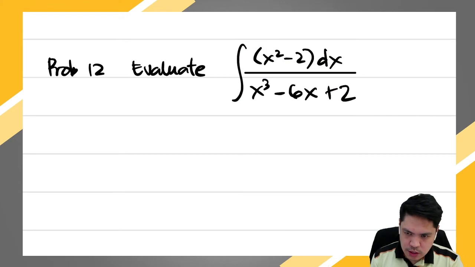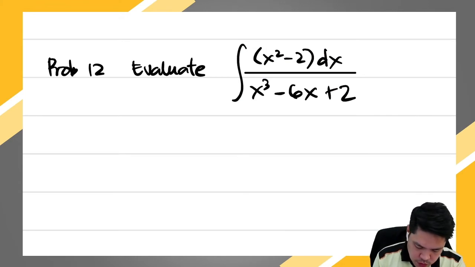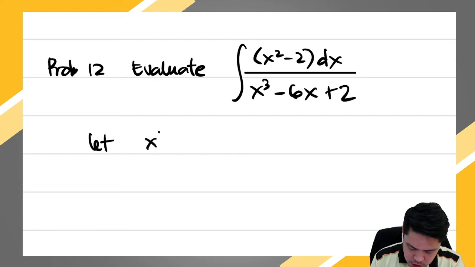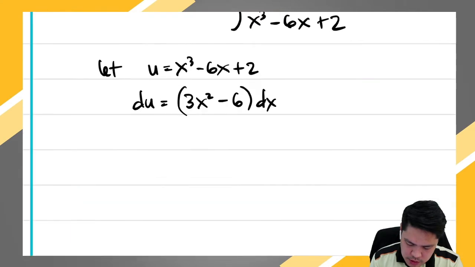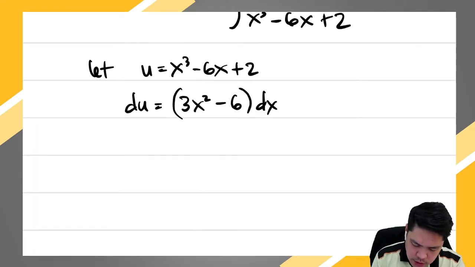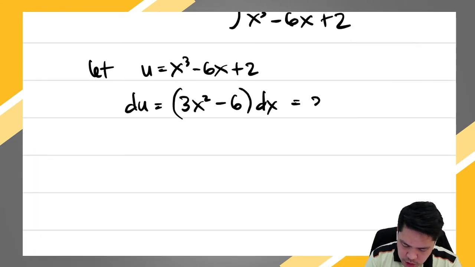This is a case of the integral of du over u. If we let u be equal to x cubed minus 6x plus 2, then du is equal to 3x squared minus 6 dx. Actually, if we factor out 3, then this would be x squared minus 2